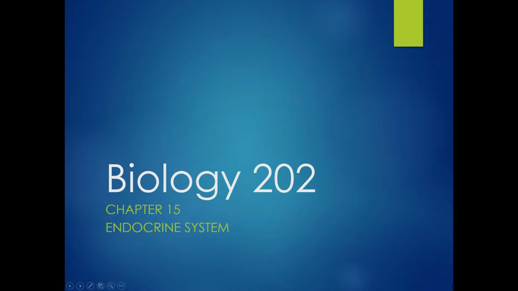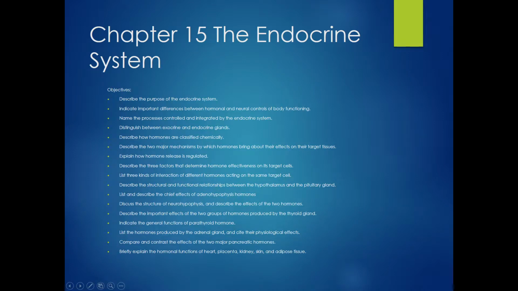So within my PowerPoint for the endocrine system, we have the different objectives that I want my students to know. So I'm just going to read through those and talk about them a little bit. So we'll go over what is the reason for having an endocrine system, how is it tied into the nervous system, what kinds of things are controlled by the endocrine system, what does an endocrine gland do, how is it different than an exocrine gland, the different chemical natures of hormones, and then some of this material I will skip